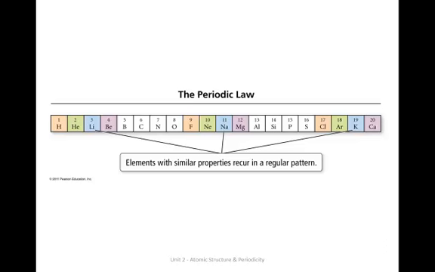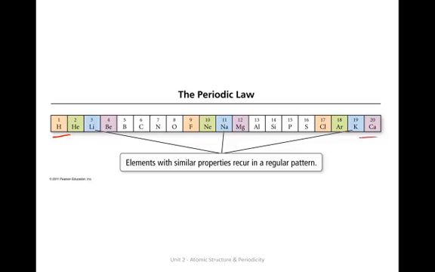Okay, so now that we have a system in place that we can discuss elements and their properties, we're going to take a closer look at the periodic table of the elements. And the periodic table of the elements is structured the way that it is because of the periodic law. Basically, the periodic law is an illustration of the fact that if you put all the elements in order of their atomic number, starting with hydrogen at 1, and going forward, here we're going all the way up to